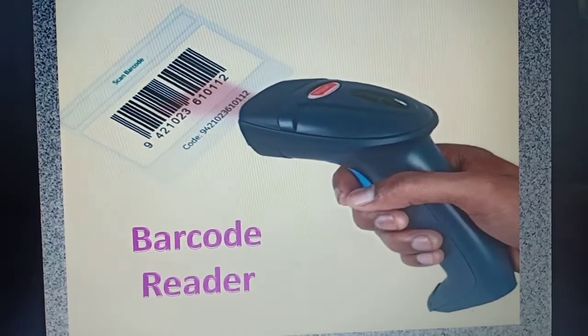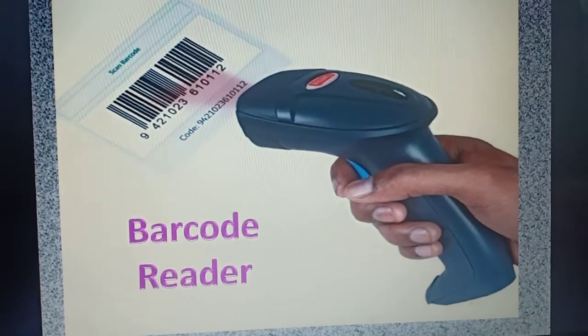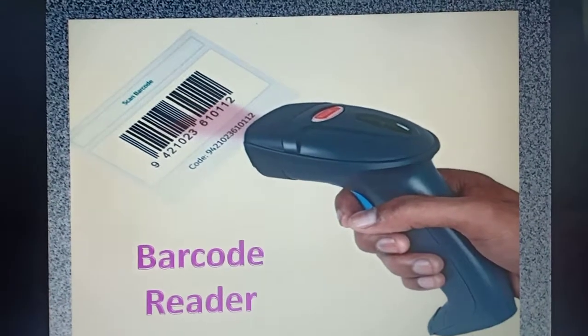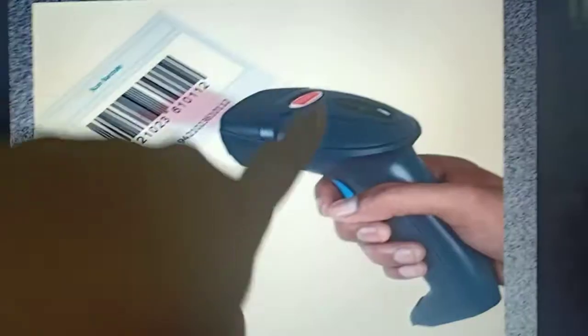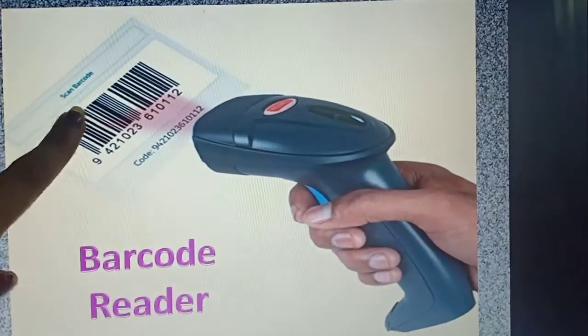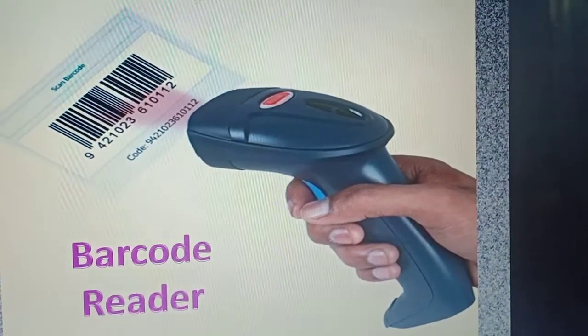This reads the barcodes printed on the things kept in shops for sale. See, this is a code. You can see this code on any type of product packet. So this machine is used to read these codes, these lines, this is barcode. So this reads the barcode.